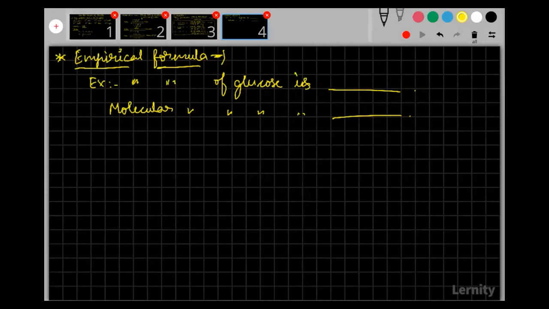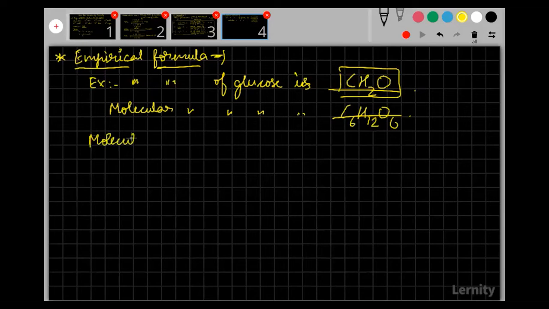See, the empirical formula, yeah, I'll just answer your question. The empirical formula is the simplest whole number ratio. So when you are talking about that, it should be simply CH2O. Again, I will not show it multiplied by a factor of 6. So it will be simply CH2O, that will be my empirical formula. And the molecular formula here will be C6H12O6. So this is how I'll have my molecular formula for glucose, because the molecular formula gives us the exact information of the number of atoms present in a molecule of the compound.